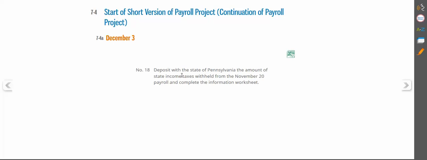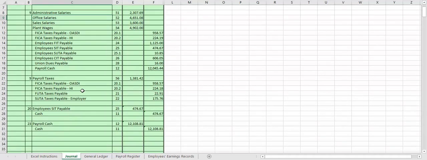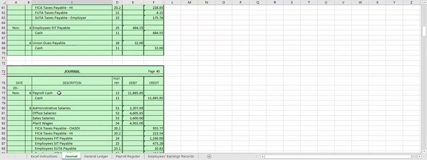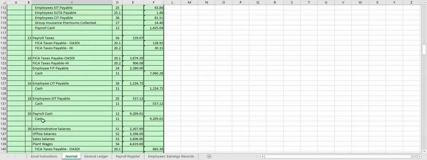So hopefully it loads. One thing that's going to help you with the project is that you look at previous entries. For example, the entry we have to complete on December 3rd, where we're paying the state income tax, scroll back through and see what was previously done. So I would definitely look at November entries. So when we're paying state, so employees' state income tax payable, your first entry on December 3rd is going to be